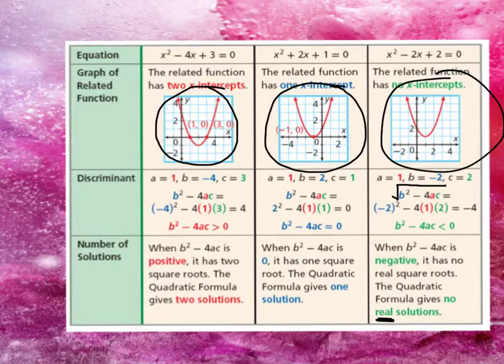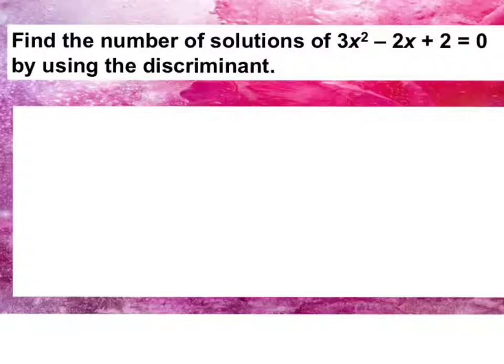We have the quadratic equation, and we'll have to find out how many solutions it has. Before we answer the prompt, and the prompt says find the number of solutions of the quadratic equation by using the discriminant. Before we do that, I want to discuss the methods that we know to solve this quadratic and find the solutions. We could graph it using the 4 steps, but that would take a while.